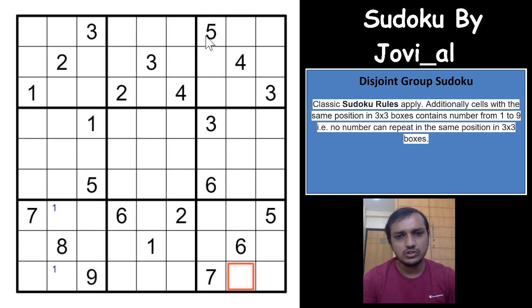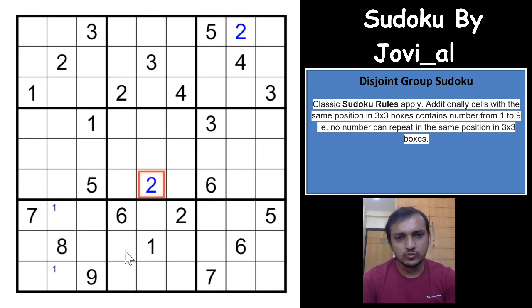Let us go with the 2s. So 2 will have to be in one of these 2 cells, right? As you can see, this box has a 2 here, so this box cannot have a 2 here. That directly gives you a 2 here. Nice. Anything else? 2 in one of these 3 boxes, right? You cannot have a 2 here because you already have a 2 here in this box. You cannot have a 2 here because you already have a 2 in this box. So that gives you a 2 in this box, right? This is what I wanted to say. You just have to keep track of all the digits and then mark the number here.